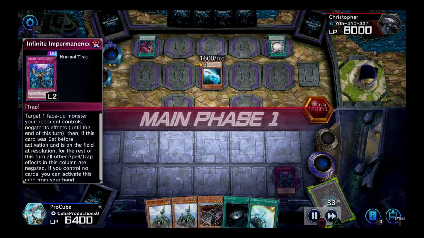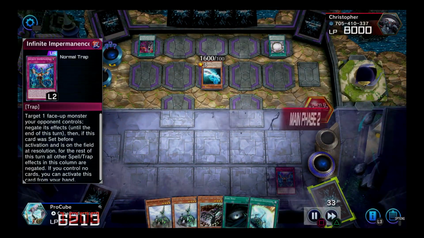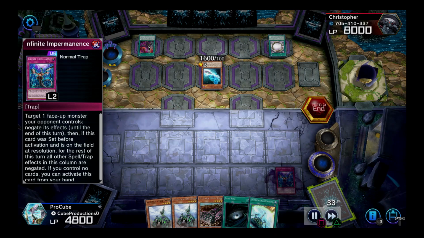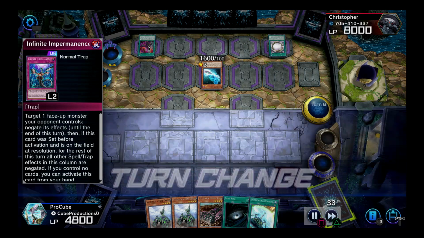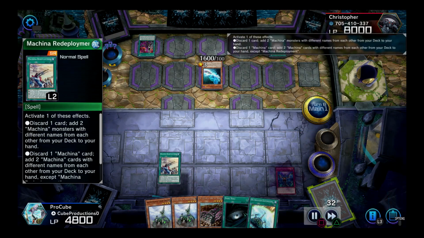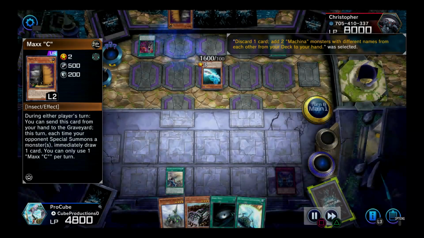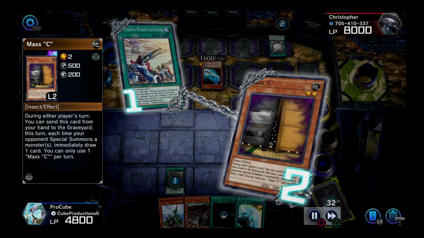So this is one of those situations where we're kind of in a bad spot, but luckily my opponent can't do anything because Dark Magician is also really bricky. And the fact that I negated his Fusion Destiny means he can't do a lot. But now we finally got a card that makes us win, basically. Machina Redeployment. And then my opponent uses Maxx C, and I'm over here like,